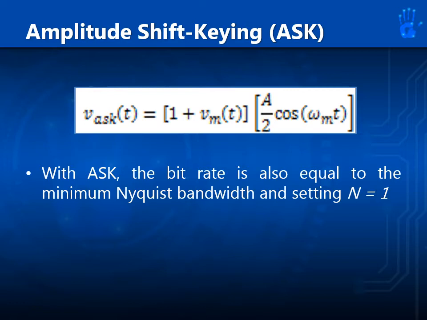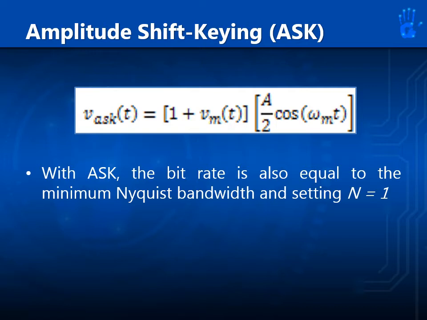The modulating signal, Vm of t, is a normalized binary waveform, wherein if it is a logic 1, positive 1 volt will be its value, and if it is logic 0, negative 1 volt will be its value. Therefore, for a logic 1 input, Vm of t will be equal to positive 1, and the equation will be reduced to